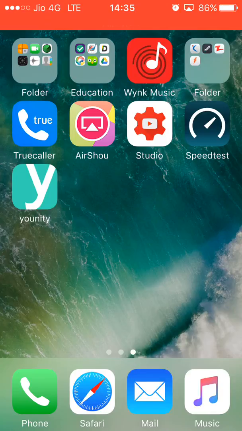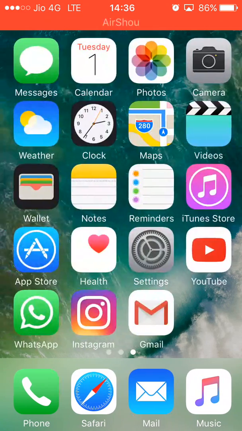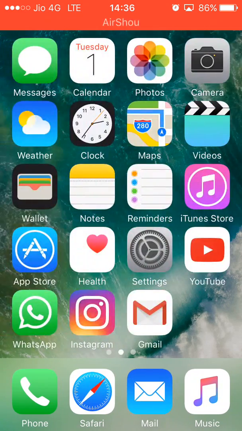So you need to download this app on your mobile as well as on your computer. For the computer, I will give a link in my description. Go ahead and log in to their account using a Facebook or your Gmail ID, and you can download it. In the app store you have to find Unity.